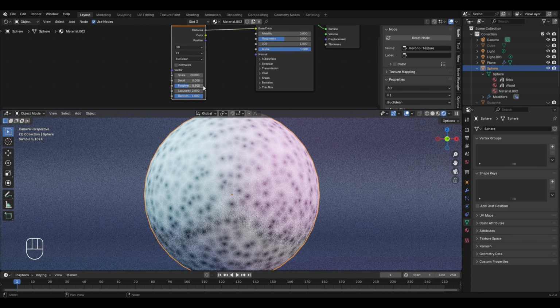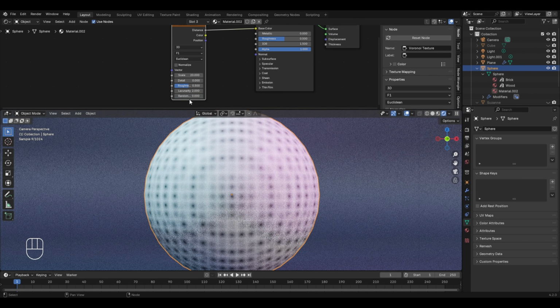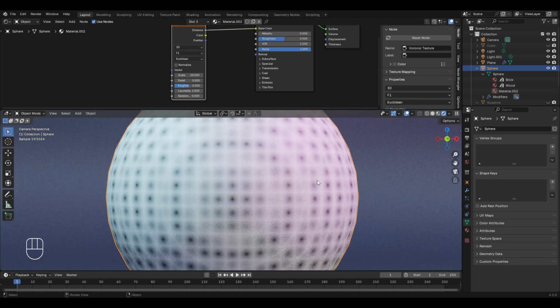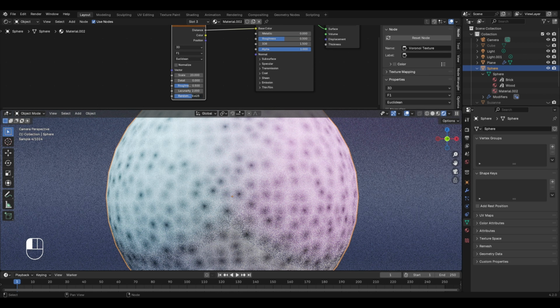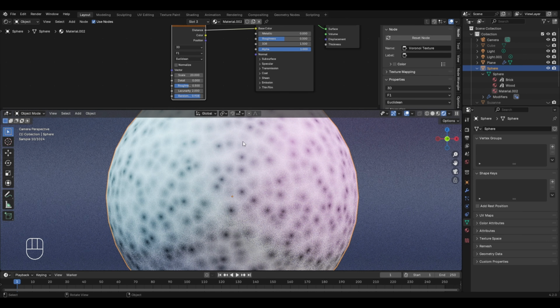After this, we have the randomness, and if I reduce this to 0, then now the texture will have no randomness, and as a result, we are getting this grid like pattern applied on the UV sphere. However, if I keep on increasing this value, then slowly the randomness of the texture will begin to increase, resulting in the formation of this texture with the black spots on the white background.